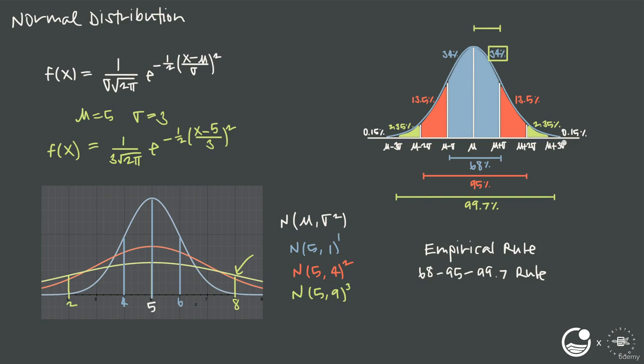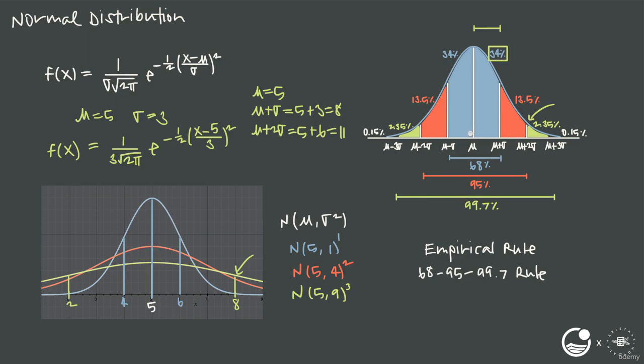So then, for instance, if we wanted to say, what's the probability that we get a value less than 11, going back to this normal curve here with a mean of 5 and a standard deviation of 3, well, our mean is 5 and then one standard deviation above the mean is 5 plus 3 or 8, then 2 standard deviations above the mean is 5 plus 6 or 11, or 8 plus 3 equals 11. So we know that 11 for this curve puts us at 2 standard deviations above the mean, which is right here. So the probability that we get a value less than 11, all we have to do is add up all these percentages, 0.15, 2.35, 13.5, 34, 34, and 13.5,